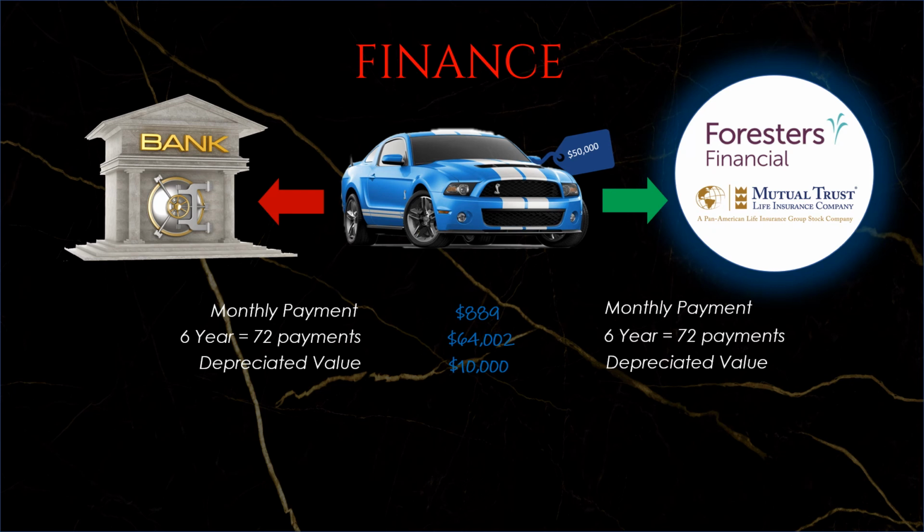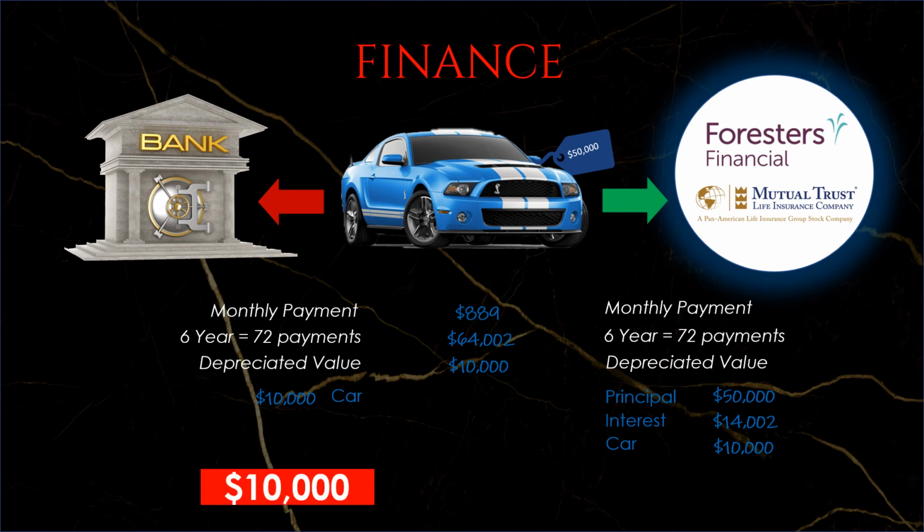Now, this is where the beauty starts. If you choose to buy this car using a bank that you don't own, after 6 years, you're left of a $10,000 depreciated car. But if you choose to purchase this car using your infinite banking concept, not only that you got your $50,000 back, you also have the $14,000 on top of it, and you also have that $10,000 depreciated car. Now look at this. Where would you want to purchase your next new car? In a bank that you don't own or a bank that you own? And if you look at this in-depthly, when you purchase this car using infinite banking concept, you actually have a free car after 6 years.